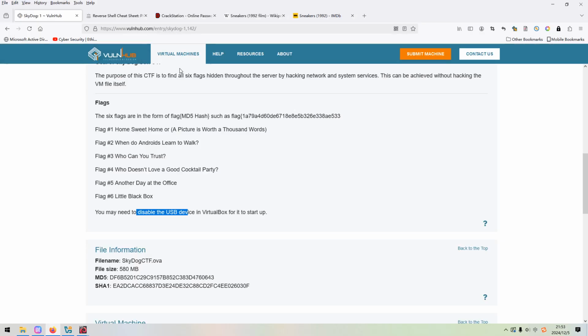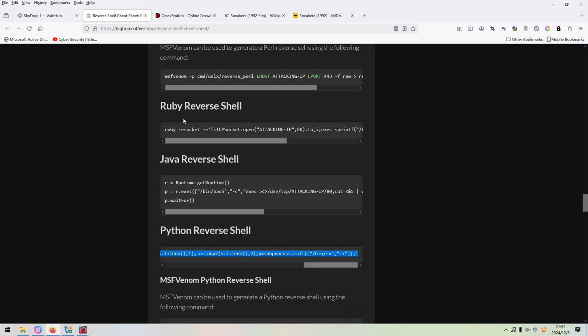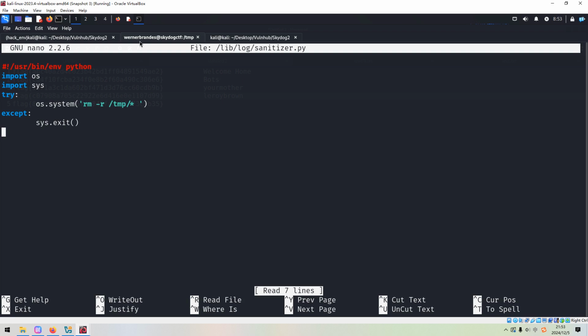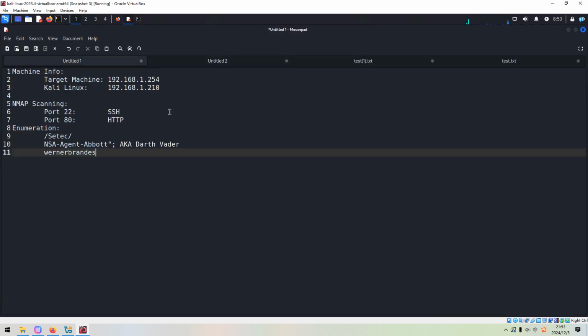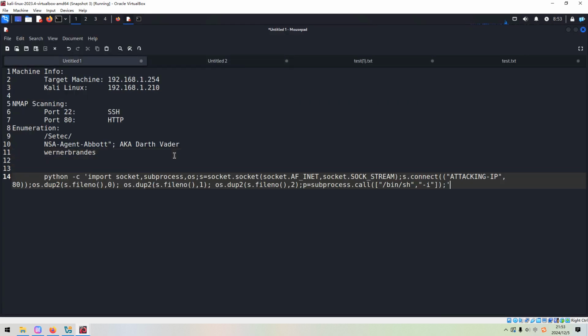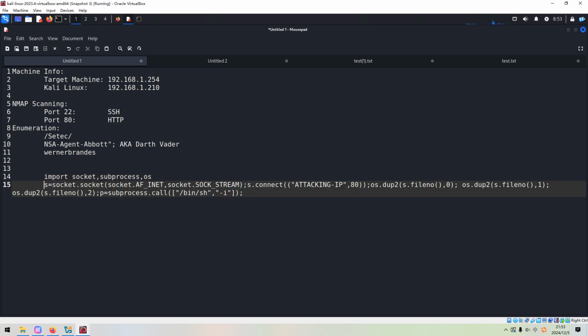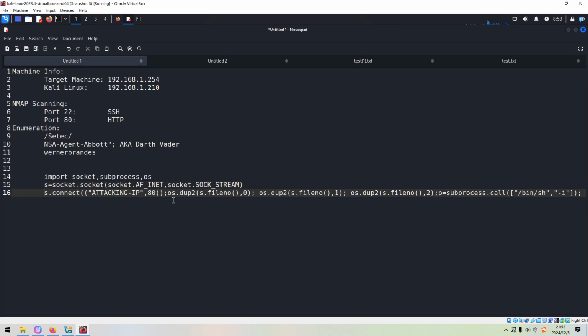We can go to the website of the reverse shell commands, and we can copy this Python reverse shell command, and paste over here because we have to do some modification. We do not need to use this one. Also the single quote in the end, and we need to format the code a bit. We do not need to use the semicolon.